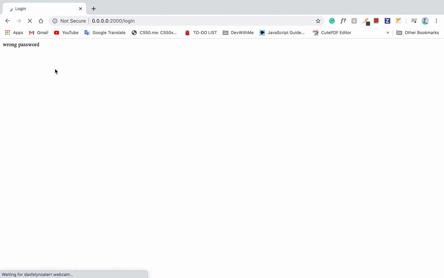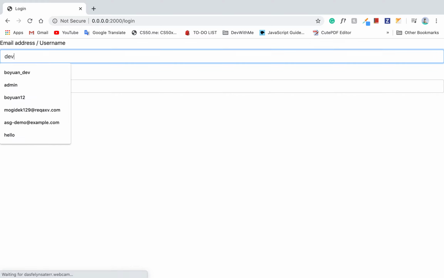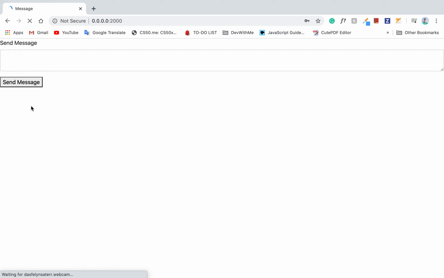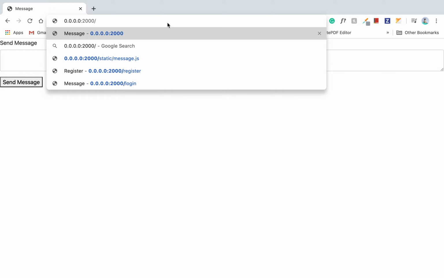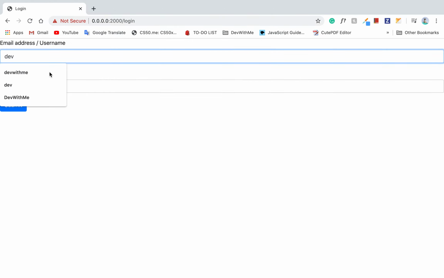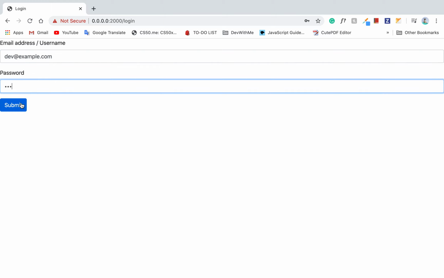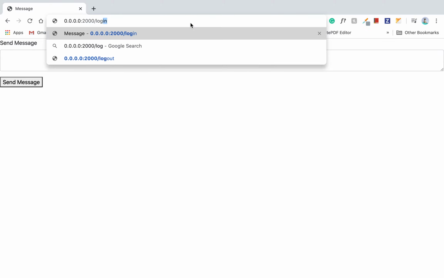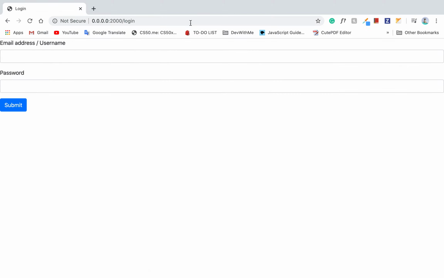So if I go to log in using dev, alright, you can see it redirects to the home page, which means you logged in successfully. I can log out, and then I can also use my email account to log in. And it also logged me in. Okay, so now what we will do